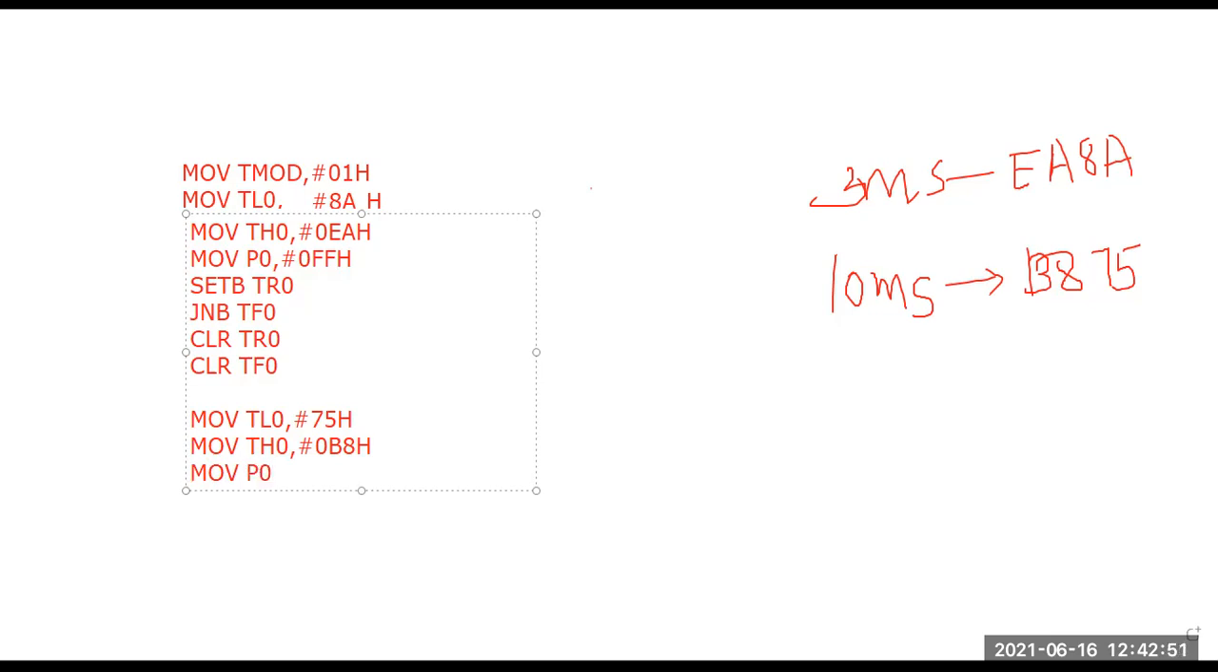Here we are generating off time, that is 10 millisecond off time. 10 millisecond off time means all the bits of P0 should be loaded with 0, that is #00H. Now again you have to write the delay program, that is set bit